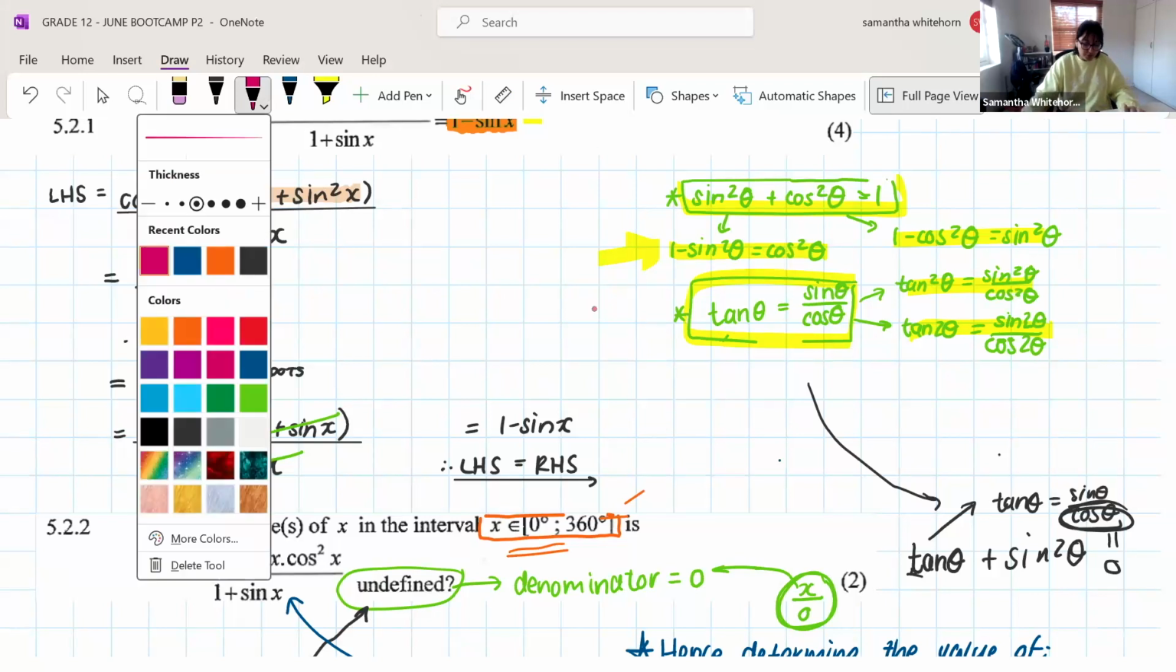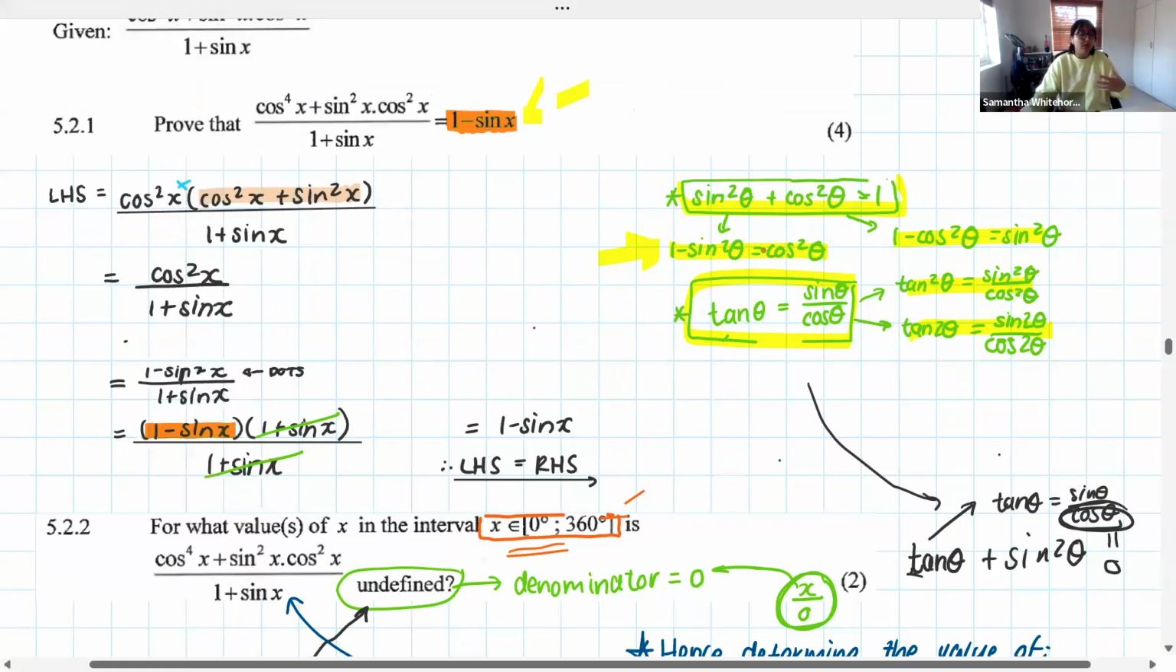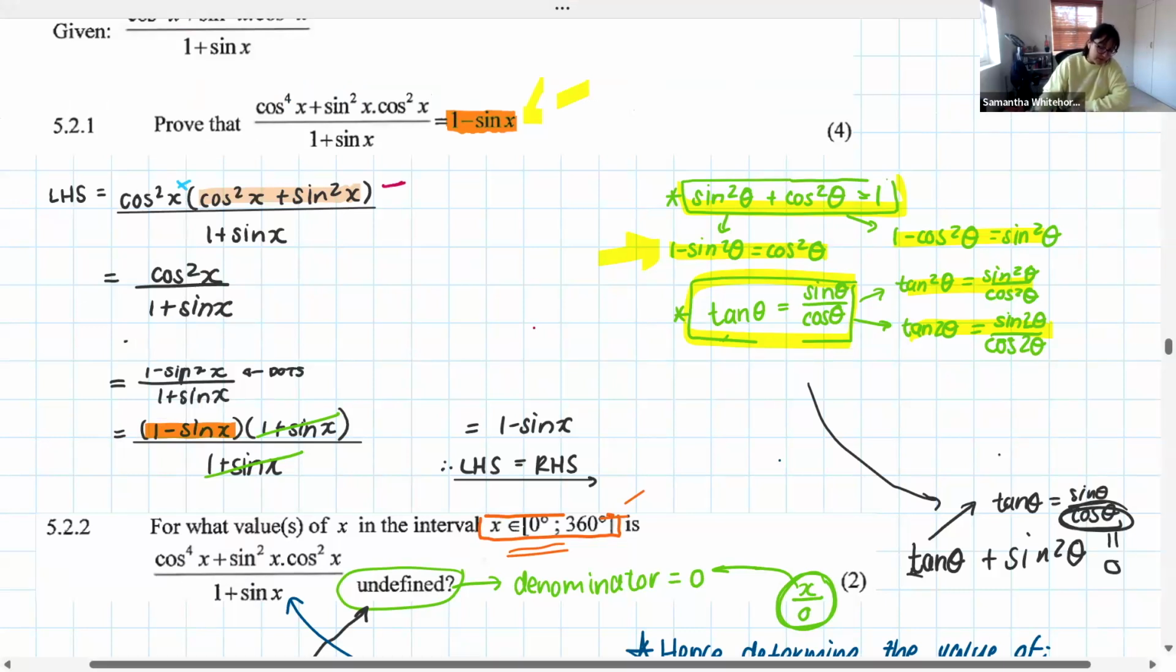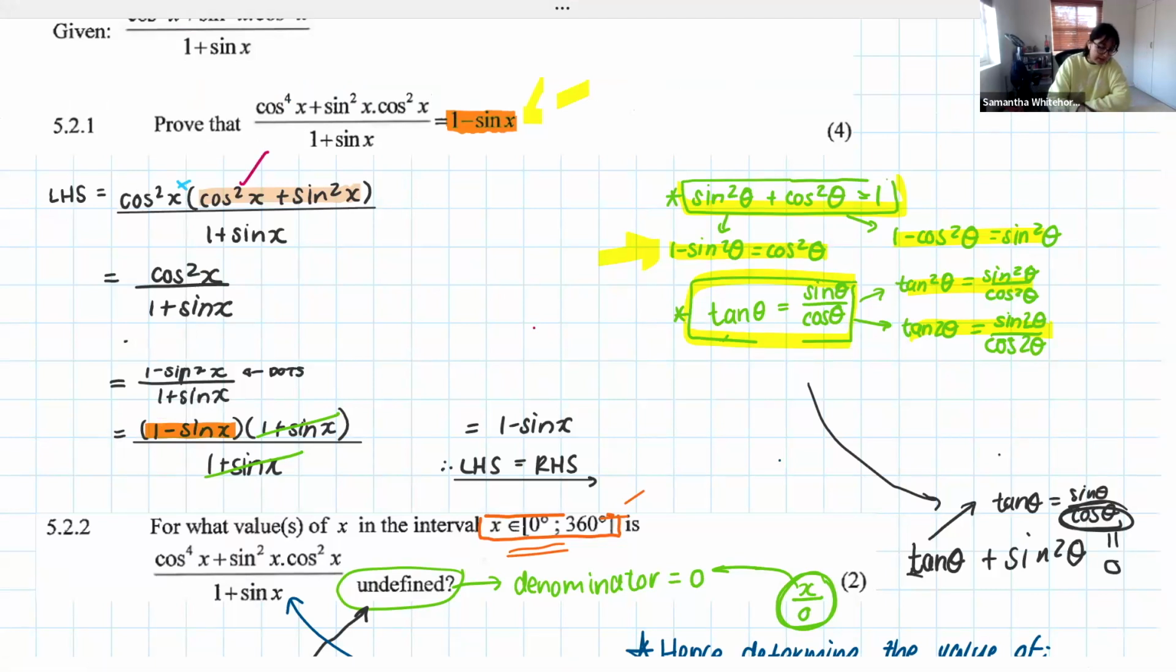Mark allocation for your proving identity. Again, obviously the mark will be allocated in a different place depending on how you have proven the identity. In terms of how we have proven the identity, it would be that factorization step right at the start. So factorizing appropriately. Understanding that cos squared x plus sine squared x is 1, so leaving you with just a